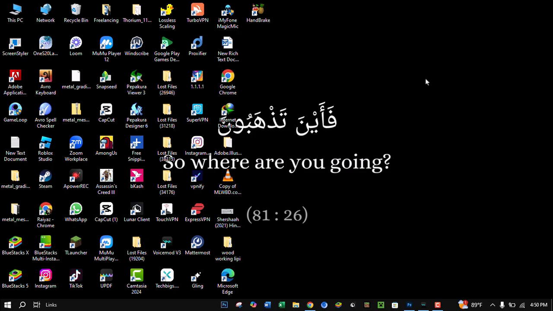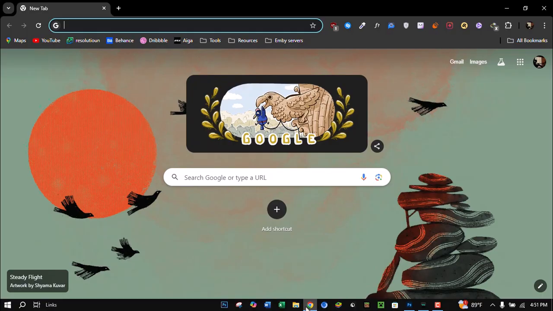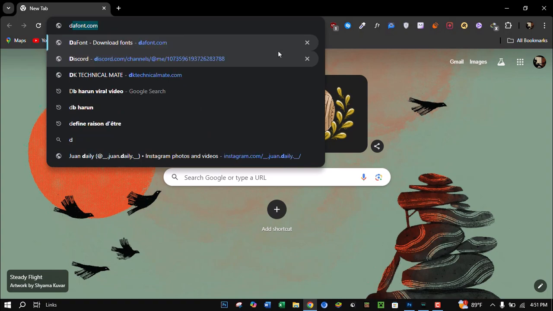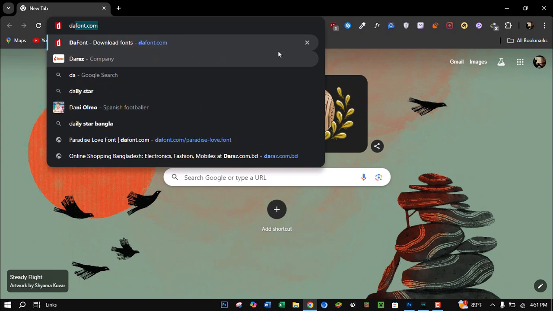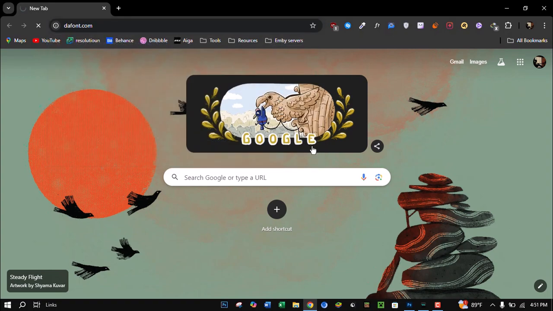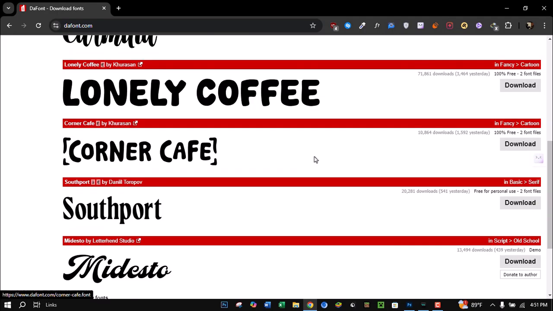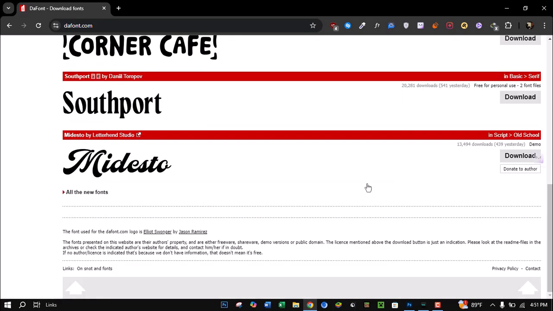In today's video, I'm going to show you how to add fonts to Photoshop. So let's get started. First things first, open your Chrome browser and search for dafonts.com. In this website, you can find different types of fonts for your Photoshop works and choose any one you want